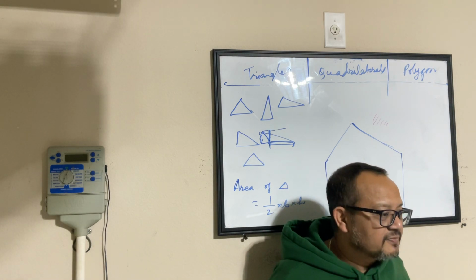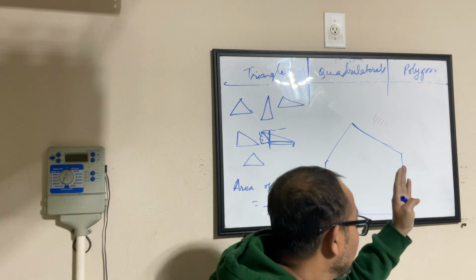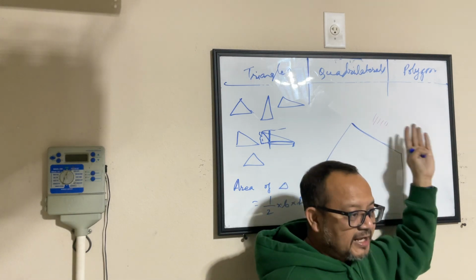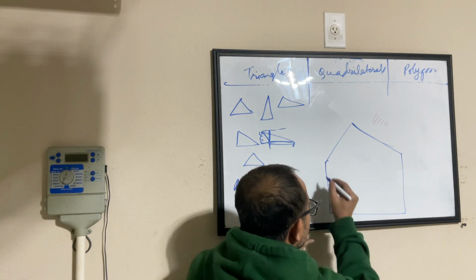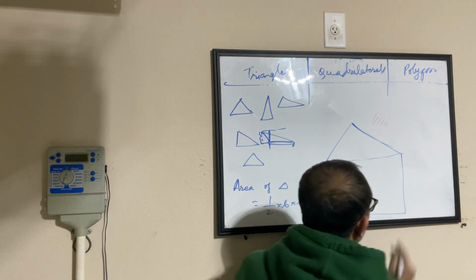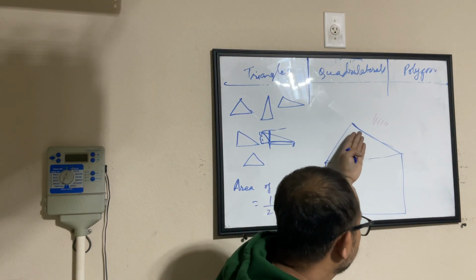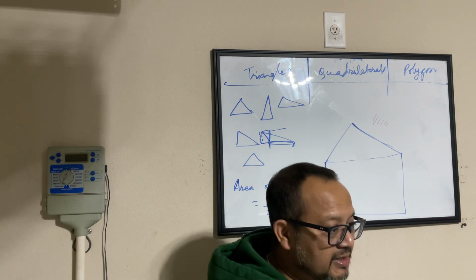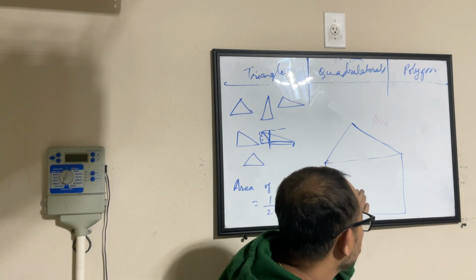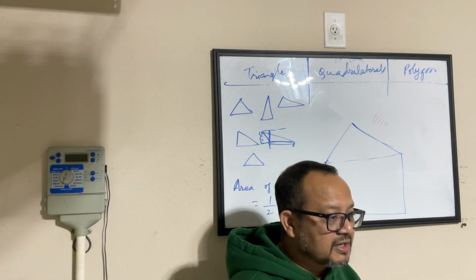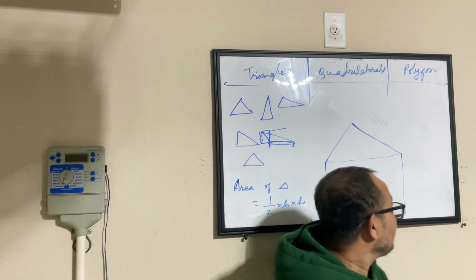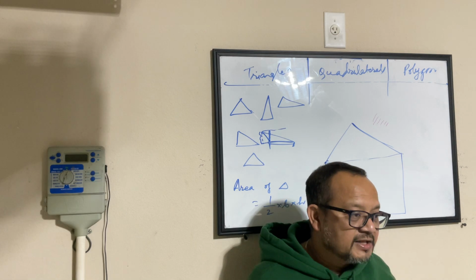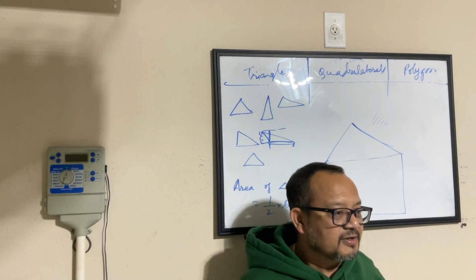I don't want to memorize any further. So, whatever I have learned, can I apply that for new things that I'm coming across? Yeah. Probably yes. Here, if I join these two, I have a right angle, I have a triangle here, I have a rectangle here. I'll find out the area of this triangle and the area of this rectangle, add them together, done. It looks like a house. Why do I have to worry about finding out a new formula